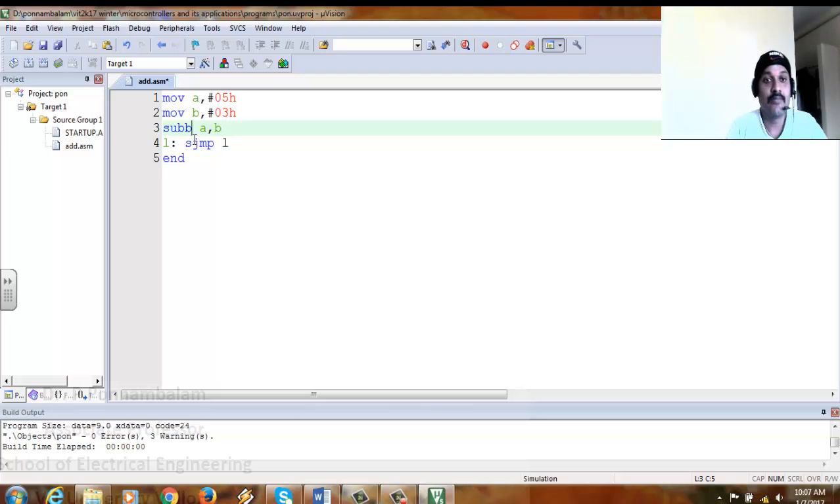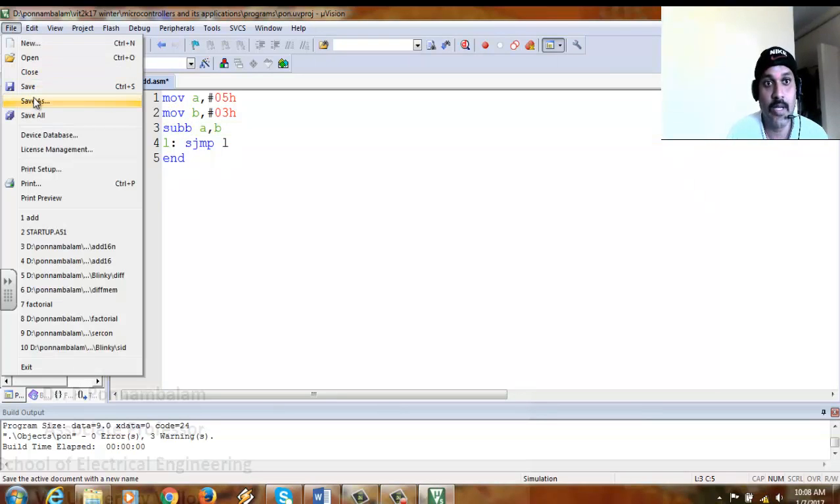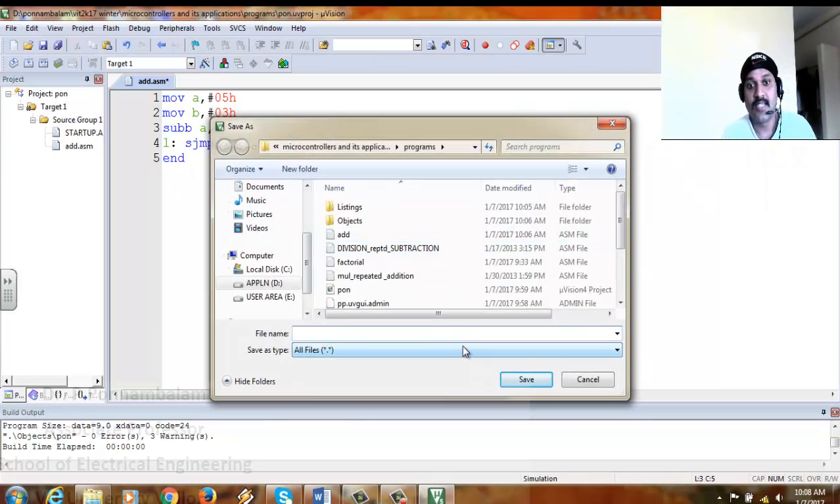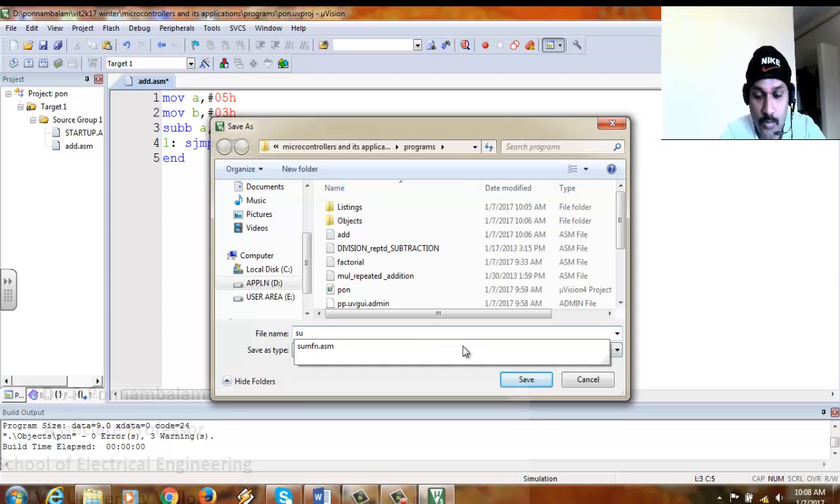So always when we are going for using this subtract with borrow, we'll have to clear the carry in case we don't want to carry on the borrow to the next operation of subtraction. Having said that, I can go for doing it in the same file of add.asm, or else I can go for saving it with a different file name. So I'll put it as save as, so sub